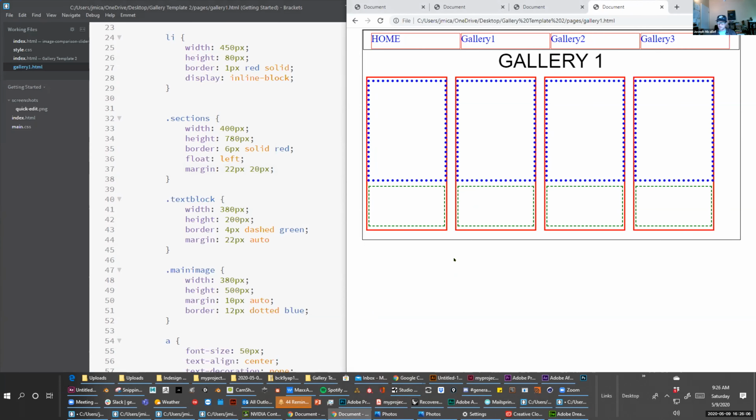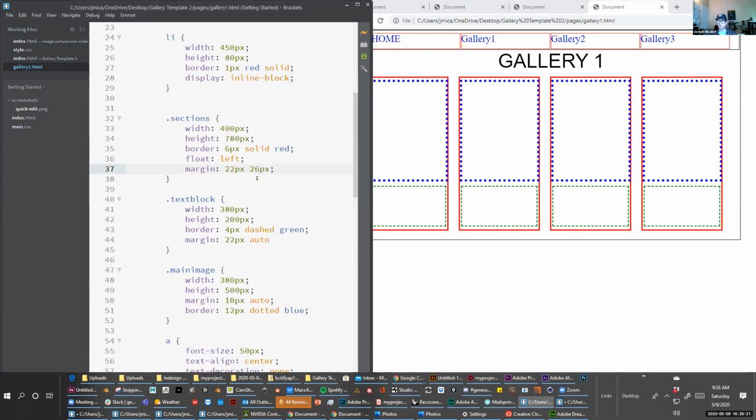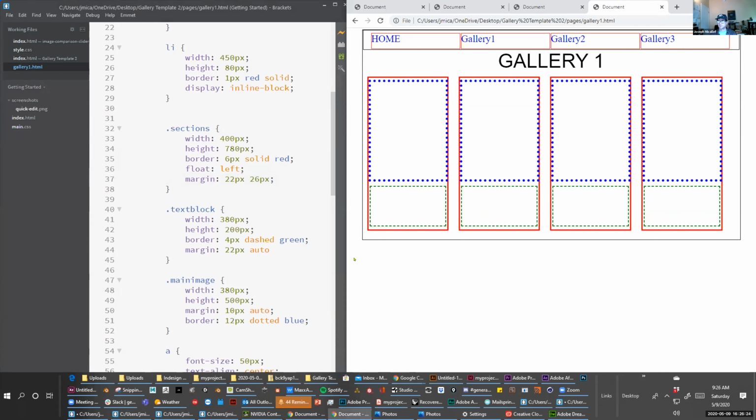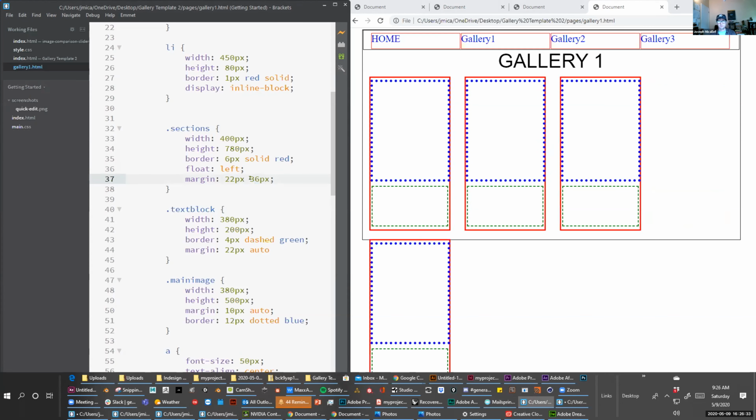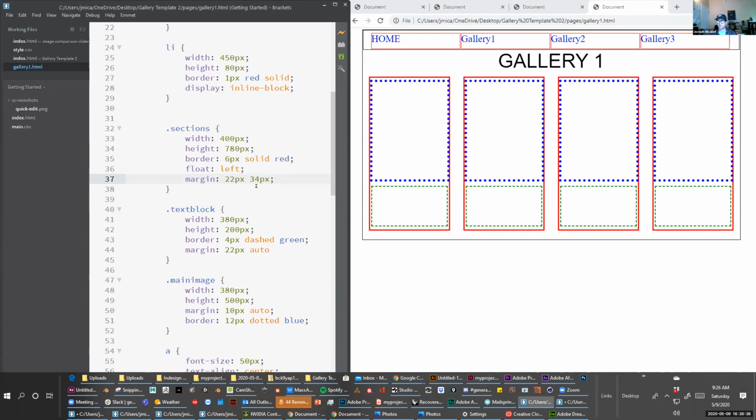Can you center that? Sorry? Can you center all 4 of those? Yeah, so the way to center these would probably be to just play with the margin a little bit. So yeah, just playing with the margin. That was too much. Yeah. So there you go. So I'm just adjusting the margin, changing the increments of the pixels there, and then I think that